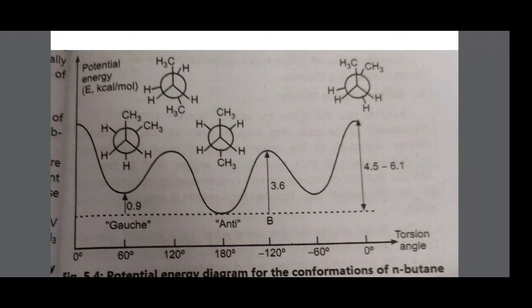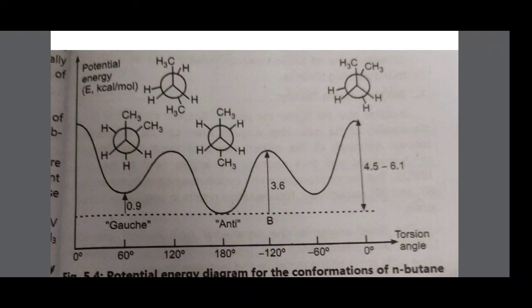In partially eclipsed conformation, the bulky methyl groups are eclipsed with the hydrogen atom, so the steric and torsional strain are comparatively lesser than fully eclipsed. So it is relatively more stable, containing less energy by about 3.8 kilocalorie per mole. Then in gauche conformation, two CH3 groups are at 60 degree dihedral angle. Hence, steric strain is less as compared to the fully eclipsed form. Hence, they are more stable with potential energy about 0.9 kilocalorie per mole. And last is the anti-periplanar.